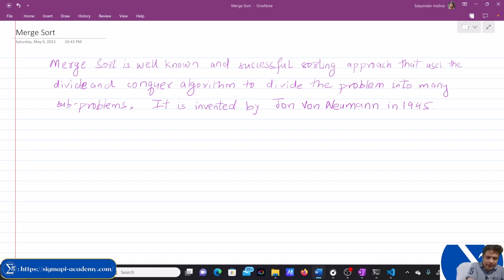So it splits the given array into two equal halves